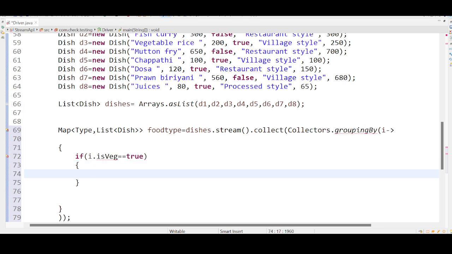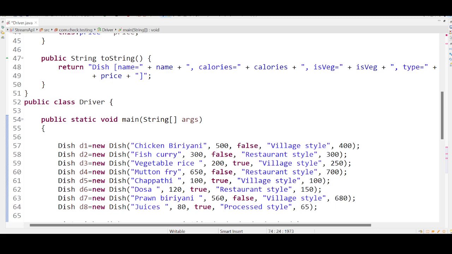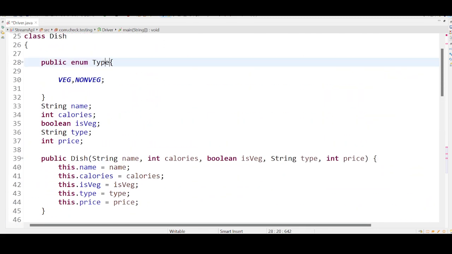We don't get confused. I is nothing but the food object. Okay, I am taking food itself. If food is fetch, if this is true, return what? And what do you want to return? The enum constant, Type dot which,